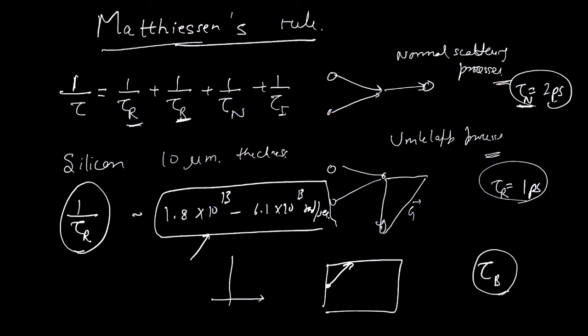If you remember, we were writing this omega versus k for the dispersion relation. So this is the omega value in radians per second. Within this range, Umklapp or impurity scattering would dominate, and the boundary scattering, which is 1 over tau b, would be much smaller. If it's a really small thickness sample, then the boundary scattering would start to dominate, and it would be a little bit different from the original.